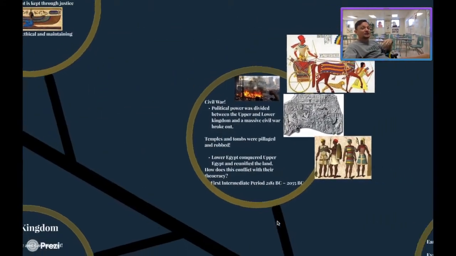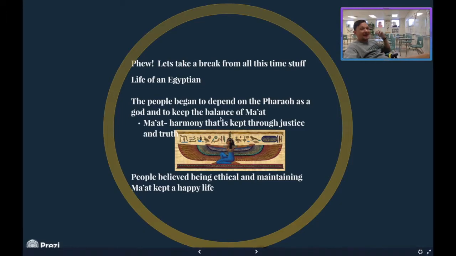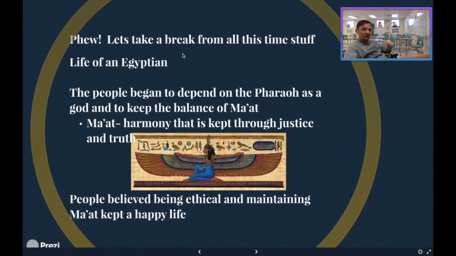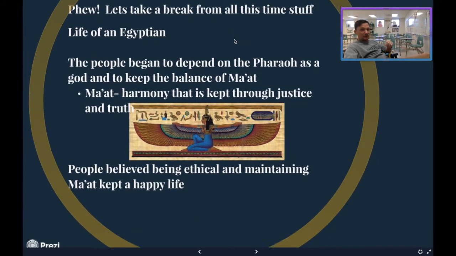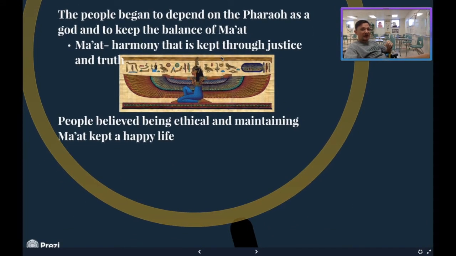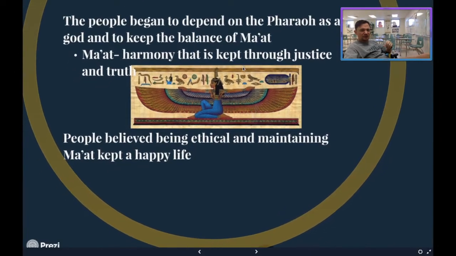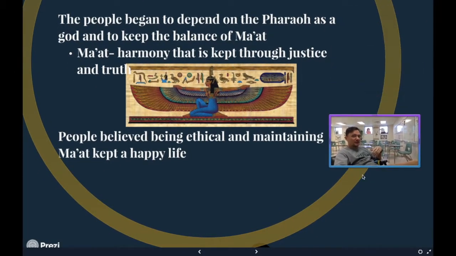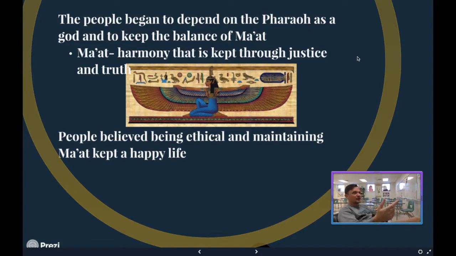But then on this whole other subject we were just talking about, how does the concept of a civil war conflict with this? You can ignore this stupid little line. How does it conflict with the idea of their theocracy? I thought for a hot second when we talked about all this other stuff that they believed their king was like a god, right? They thought their pharaohs were an extension of Amun-Ra, right? That he was, in essence, the microphone for the ideas of God through the priests and things like that.